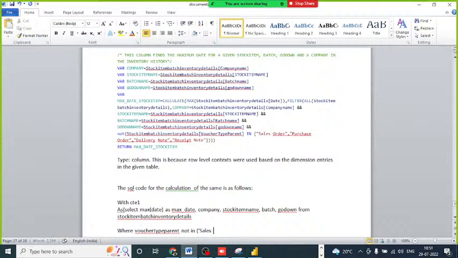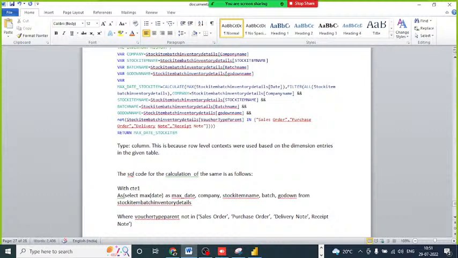नॉट इन सेल्स ऑर्डर, परचेज ऑर्डर, सेल्स डिलीवरी नोट, रिसीव्ड ऑर्डर, परचेज ऑर्डर, डिलीवरी नोट, रिसीट नोट, ग्रुप बाय। ये बेटा समझ में आया कि नहीं आया? हाँ सर। ये सेव हो गया तुम्हारा।